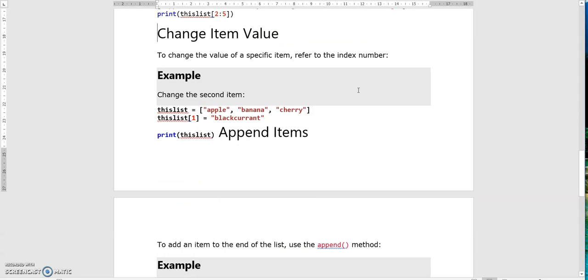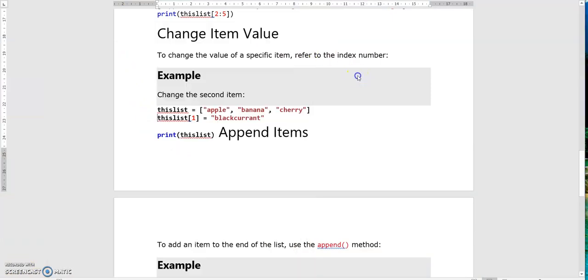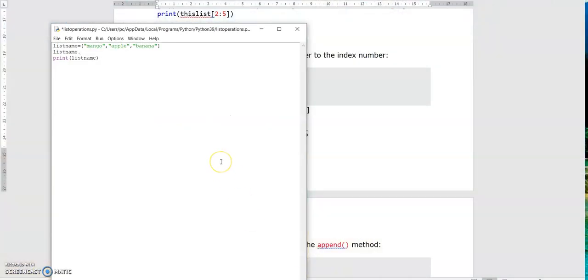Next, change item value. How to change the value of an item? To change the value of an item, refer to the index number. Let's see this. In list name, we need banana.